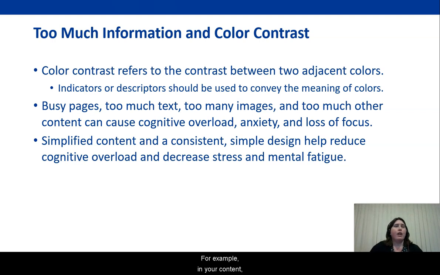For example, in your content, if you said, select the green button, what happens when somebody can't identify the color green? Are they going to be able to find that button? Are they going to be able to select it? Are they going to be able to move on? Probably not. Also, if color is being used, make sure to use indicators or descriptors for that color to help